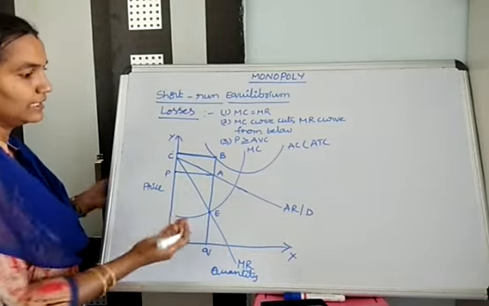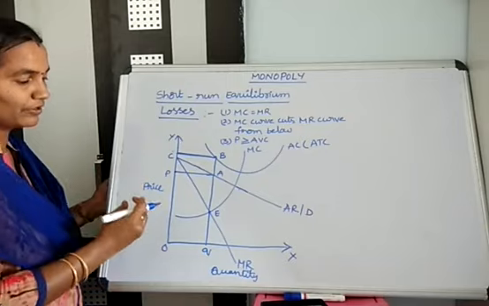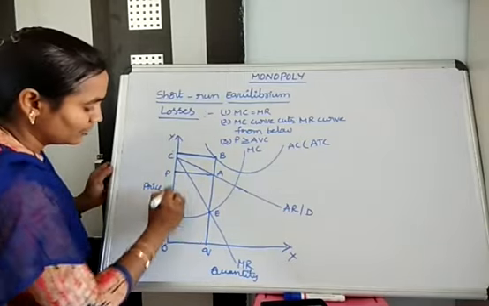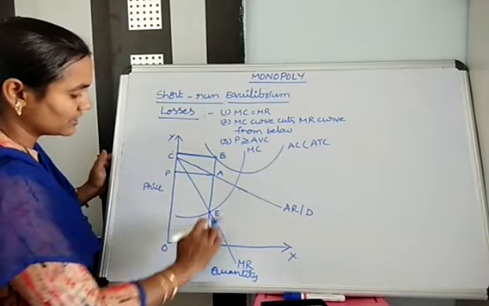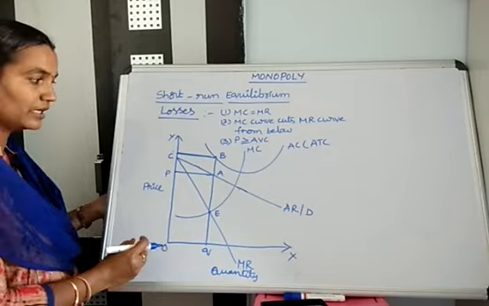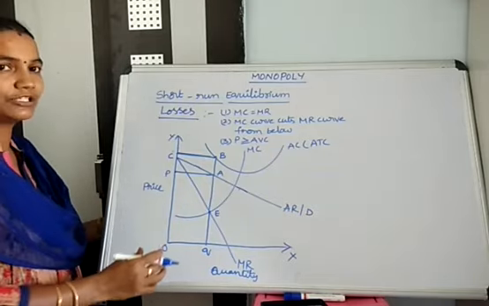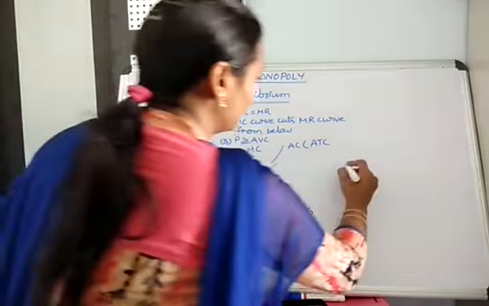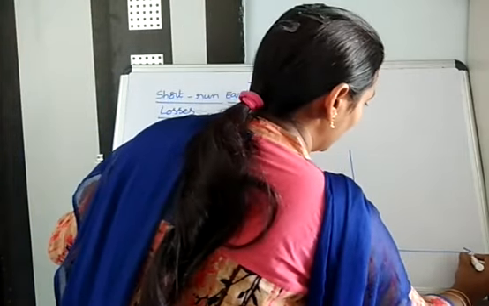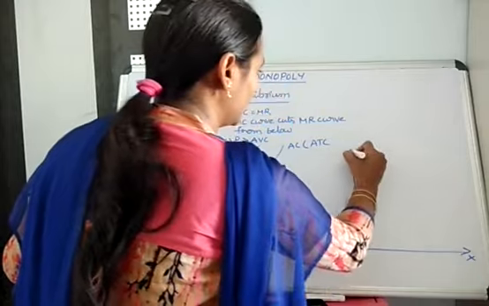Based on this, we can clearly say whether the firm will be getting profit or loss. It will be getting a loss only. The main reason is that, compared to the price of the commodity, the cost of production is more. Then the producer will be bearing a loss. We can show this through this diagram, and through one more diagram we can show the equilibrium and the losses the producer will get in the short run.